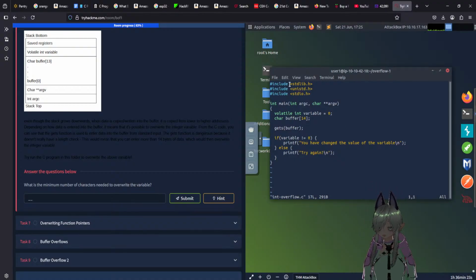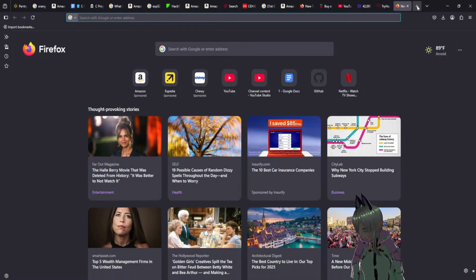We have #include <stdio.h>, #include... I kind of don't know what this is, but it's just another header file. Actually, let's just look it up. unistd.h